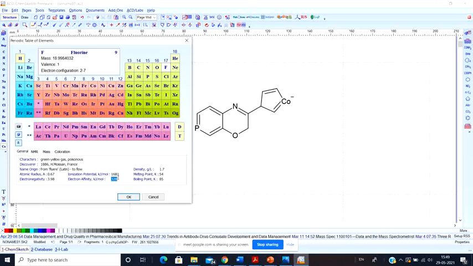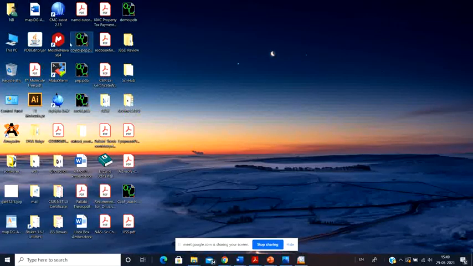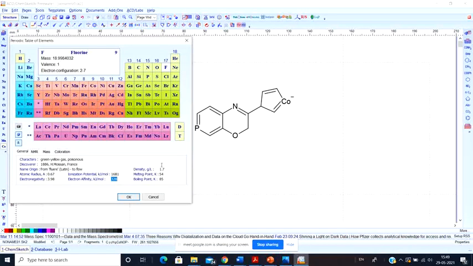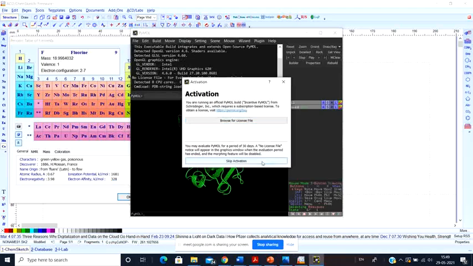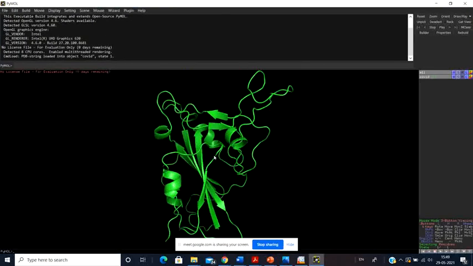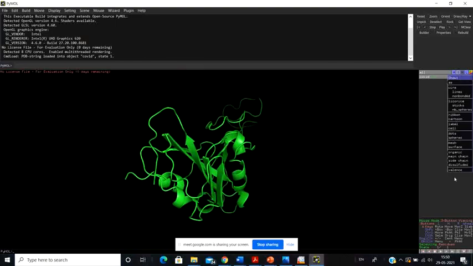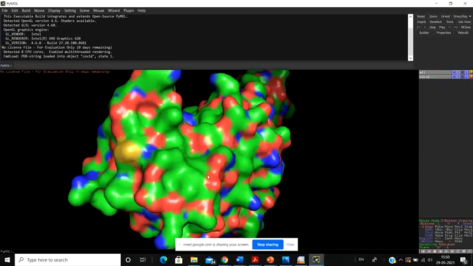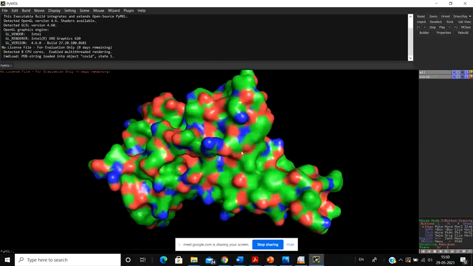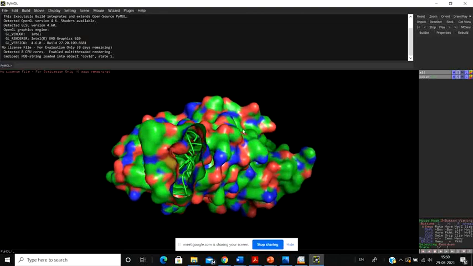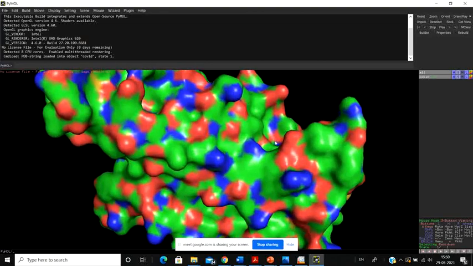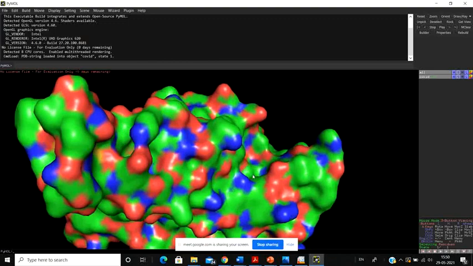Now suppose this particular drug that you are designing must bind to a particular protein. Let me open up a protein structure. Suppose this is the drug that I am designing against this protein structure. Let me see the surface topology of this protein structure. So this is how the protein looks in your body, and this is how the molecule is going to behave in your body. Now suppose you want your drug to bind to this area, or to this groove.